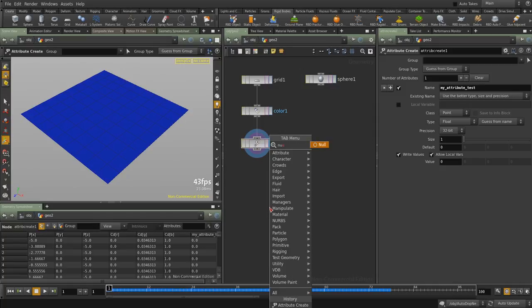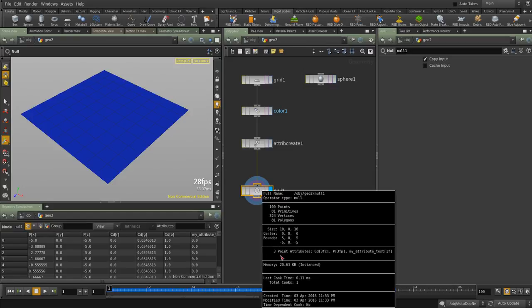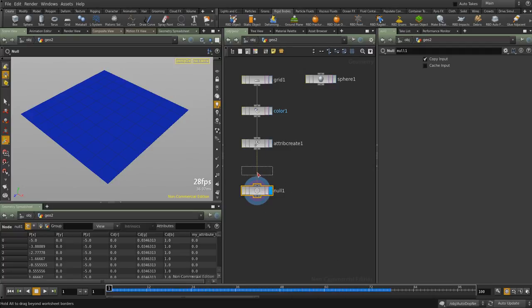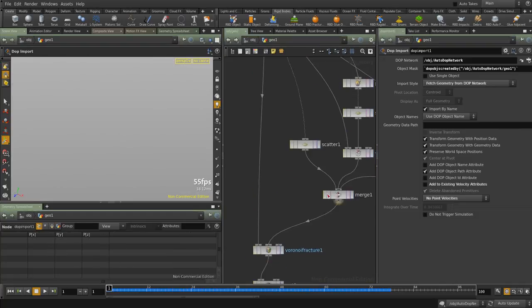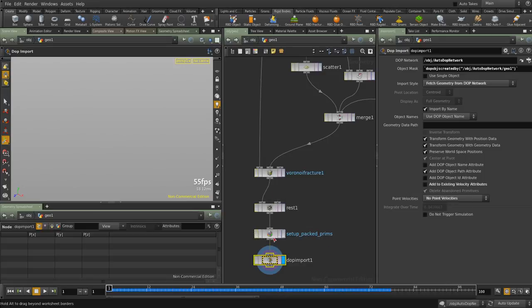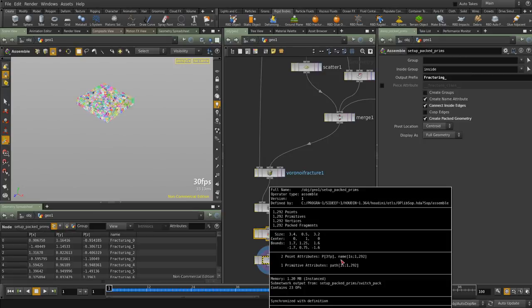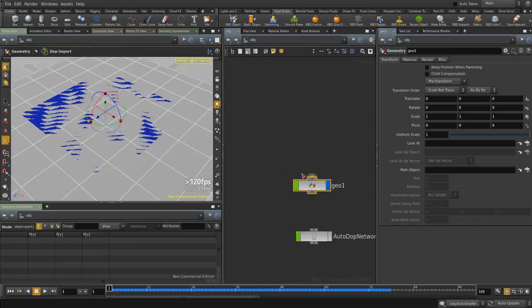If I add, for example, a null object, you can see here I always have 3 point attributes. I don't have any variation because the null object is a node without effect on attributes. We can come back, we can go in our geometry, and we can see here, for example, 1 point attribute, and here we have 2 point attributes, etc. I can find more different attributes. Anyway,